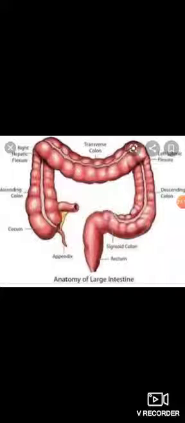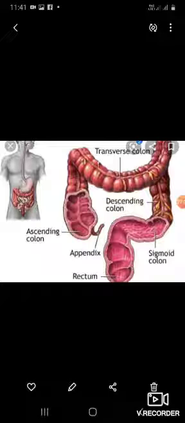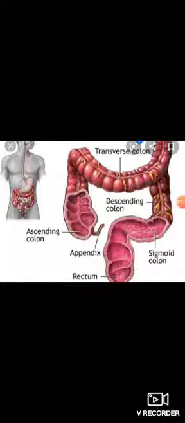Now we will see the sigmoid colon. The sigmoid colon is about 37.5 cm long and extends from the pelvic brim to the third piece of the sacrum, where it becomes the rectum. It forms a sinuous loop and hangs down in the pelvis over the bladder and uterus. Occasionally it is very short and takes a straight course. It is suspended by the sigmoid mesocolon and is covered by the coils of the small intestine. The rectum and the anal canal, we will describe later.